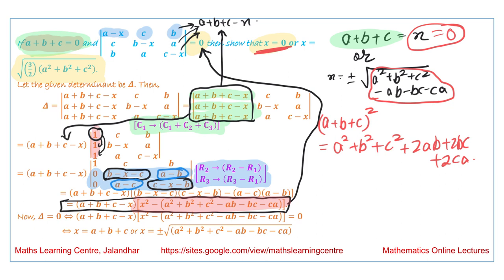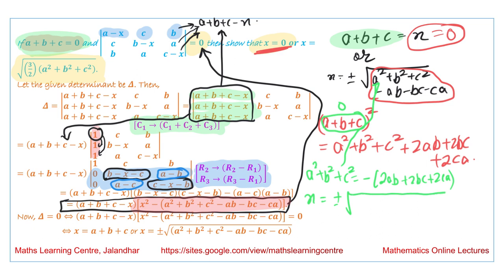The value of a plus b plus c is equal to 0. So what we get is that a square plus b square plus c square is equal to minus of 2ab plus 2bc plus 2ca. When we substitute this value over here, we obtain that the value of x is equal to plus minus square root of